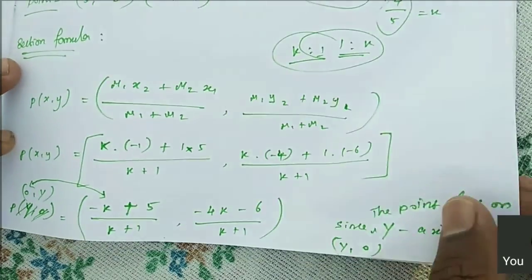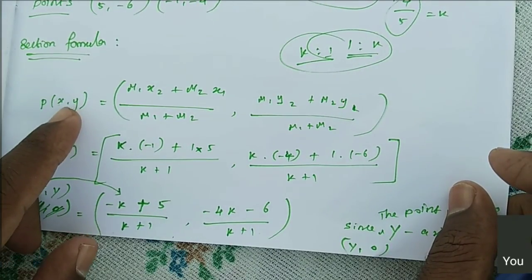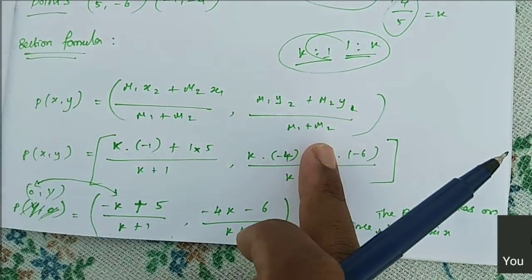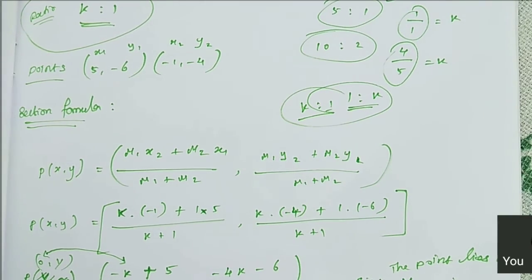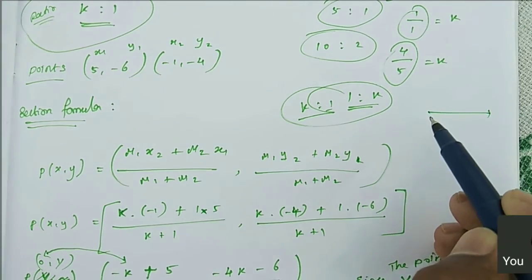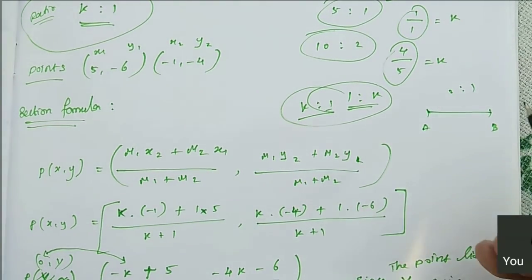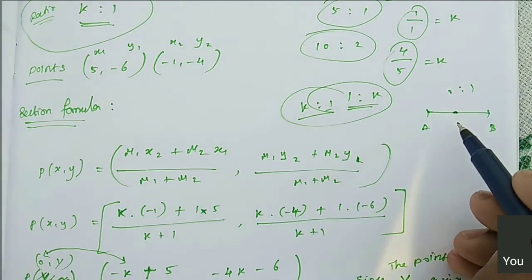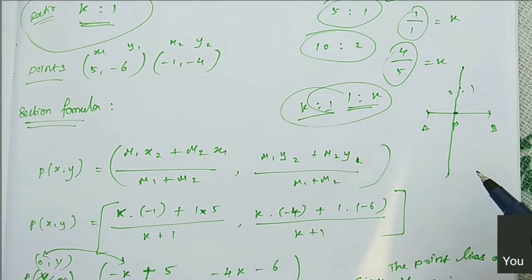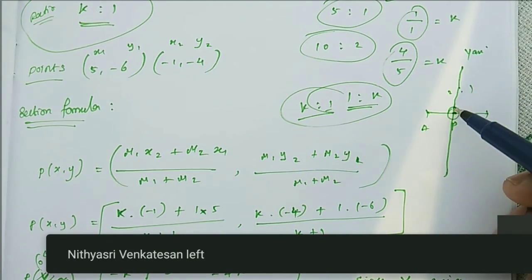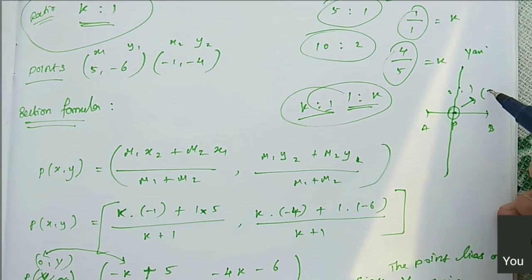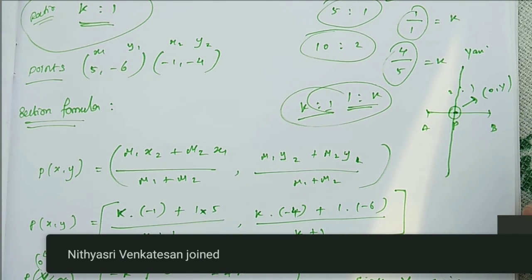One more time I'll explain. Actually, now we found the section formula. In this section formula, we substitute a ratio and points. For example, there are two points A, B in a ratio 2:1. When we apply this section formula, we get the point of intersection, point P. At the point P, the line is intersecting the y-axis. So the point should lie on the y-axis, so the point is 0 comma y.